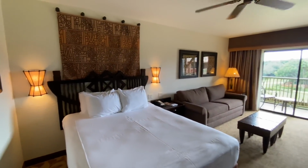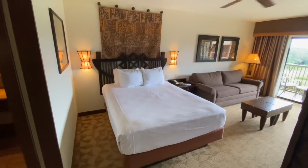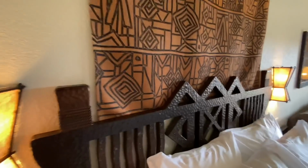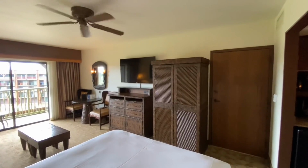Okay, here we are in the bedroom. And if you've looked at our tour of the Kidani Deluxe Studio, a lot of this will look familiar. There's some minor differences. Okay, let's begin. We have a map